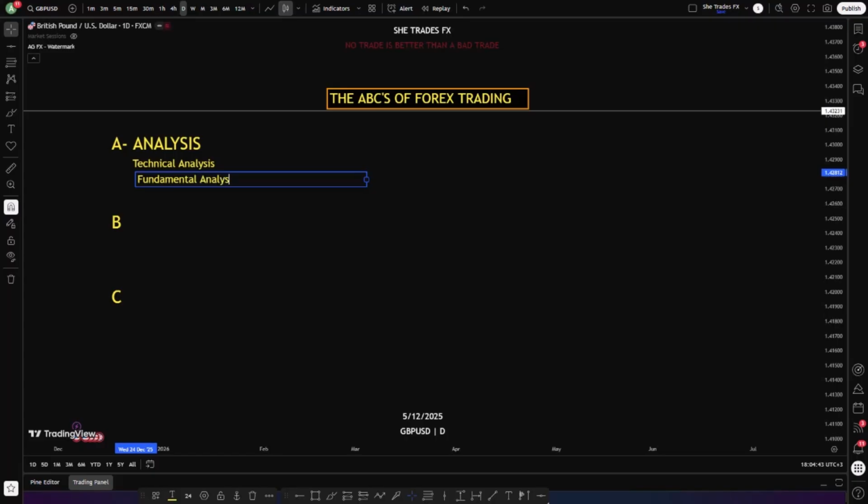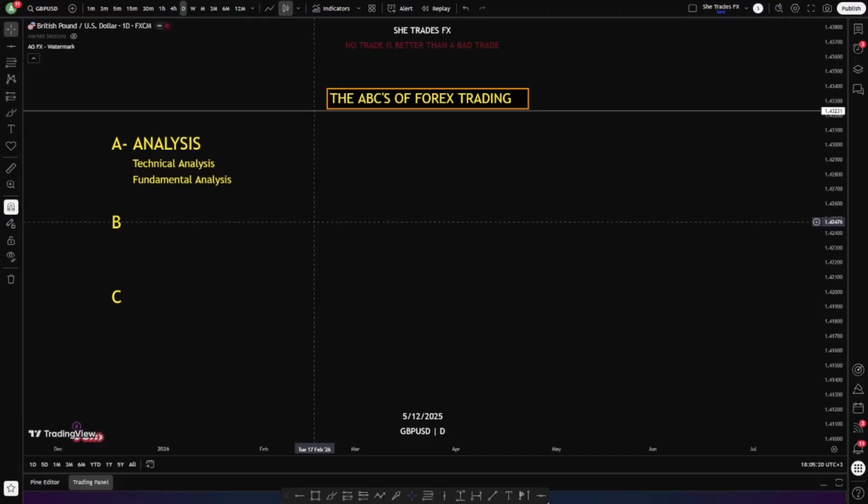The next type of analysis we have is the fundamental analysis, which is ignored by so many traders. So many traders ignore fundamental analysis, yet they don't know that we are trading economies. We are trading economies, all right? So fundamental analysis, this is where we find news, economic data, interest rates, NFP, CPI, speeches, anything that moves currencies, okay? So fundamental analysis is mainly done by looking at the performance of economies and weighing them against the other,